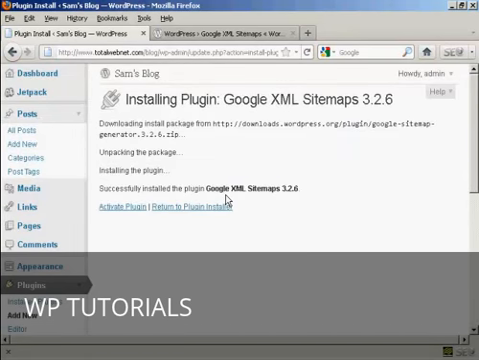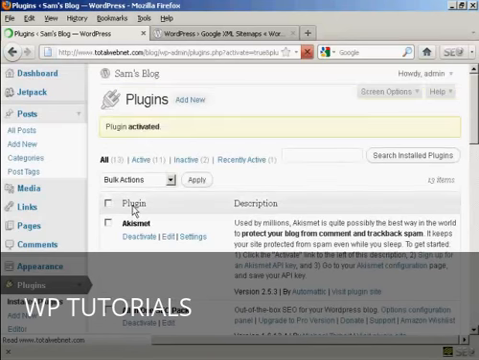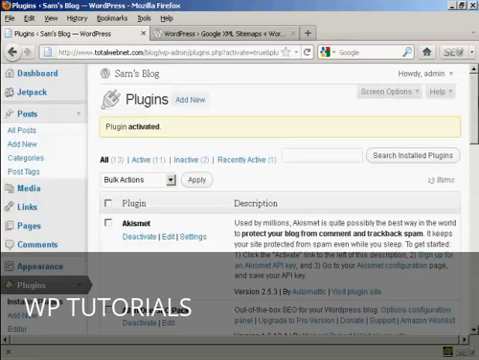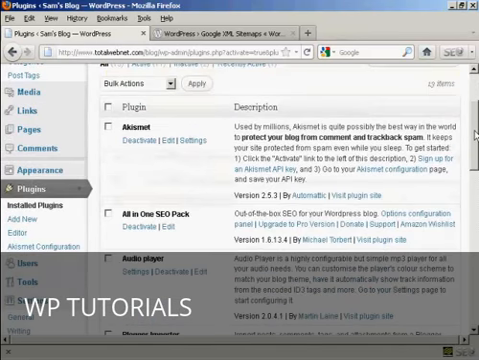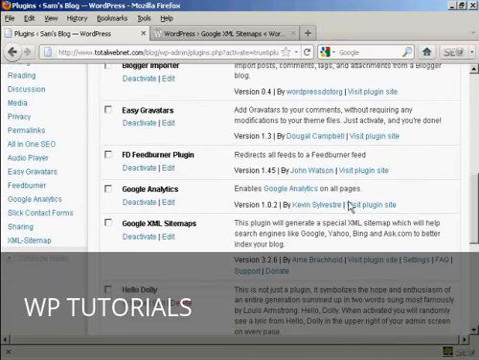and there we go, it's installed. So I'm going to click here to activate the plugin. And there we go, plugin is activated. Now I need to configure it. So if I come down here to Google XML Sitemaps and then come here to settings,